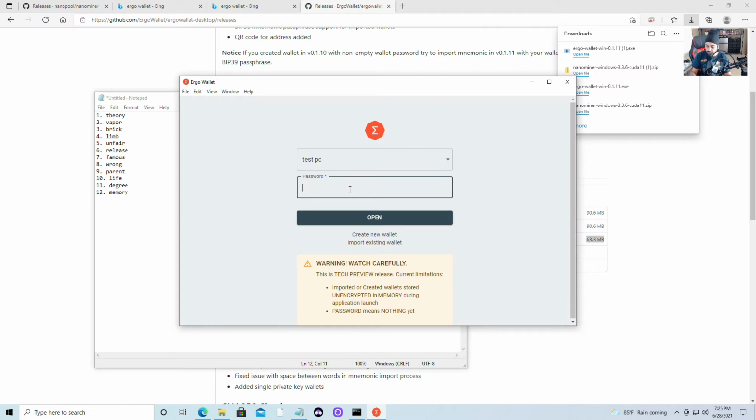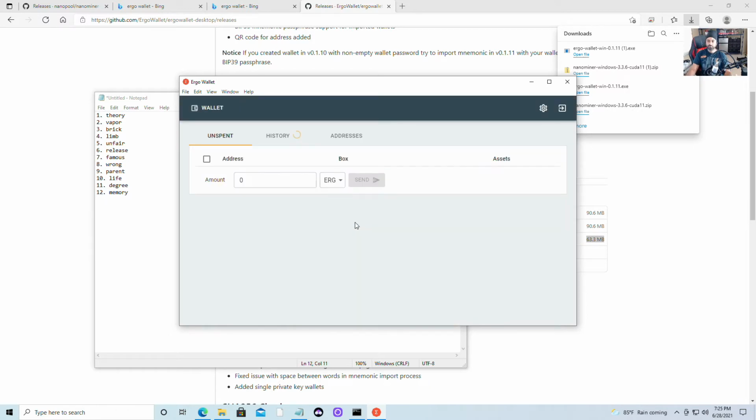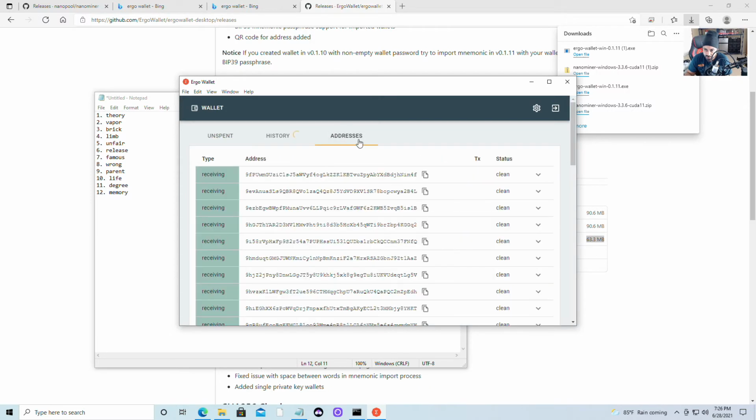That's all we need. We just put back the password we just created to the wallet, and we click open, and that's it. We got our wallet ready set up. That's how simple you can set up a wallet. It says nothing on it. Now, why do we need a wallet? We need our address. To receive, we go to address. To receive anything we need,